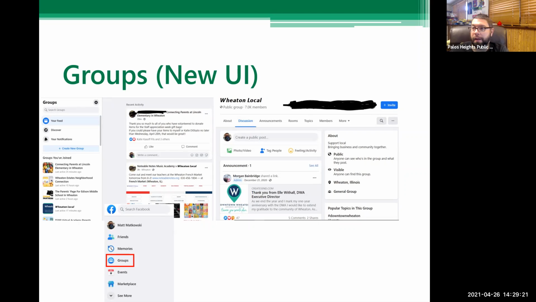So, I have 2 kids in school, so I am in parent Facebook groups where people post news and questions about what's going on with school. Can be very handy. I'm also in a couple of different neighborhood groups, which is where I found out about these excellent food trucks that they bring in, or kind of things that are going on locally. So on the right-hand side here, that's an actual group page. You can see it's the Wheaton local group, and people post their news or events that are going on, and you can check that out.